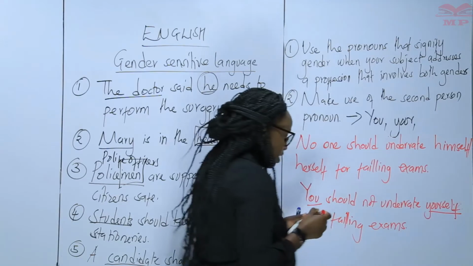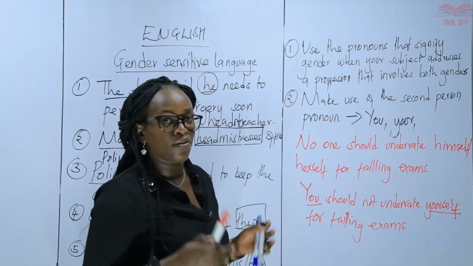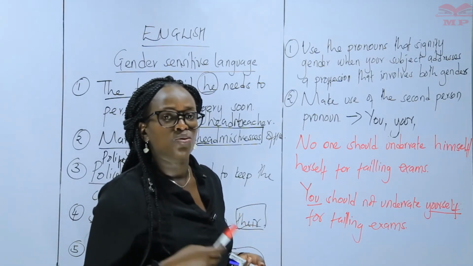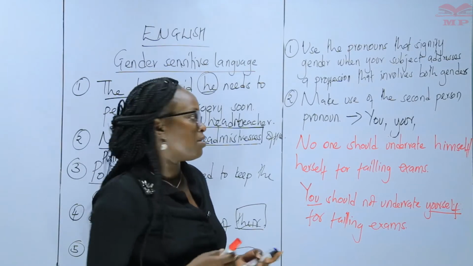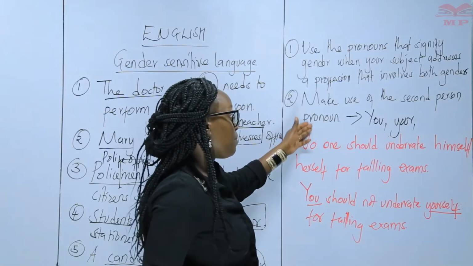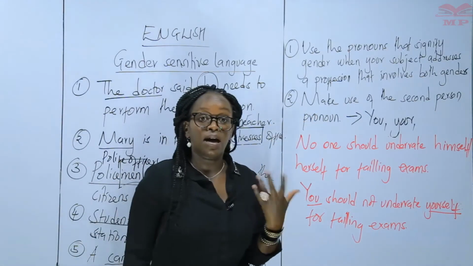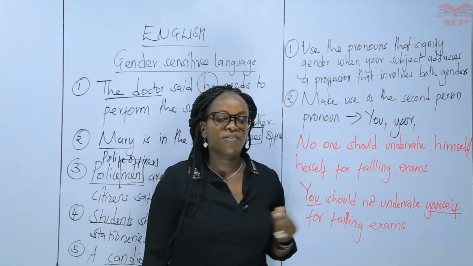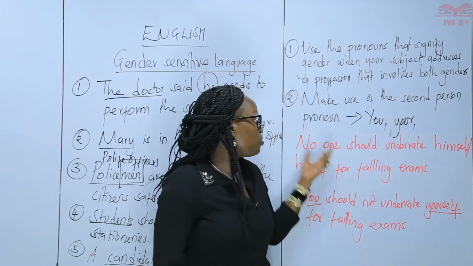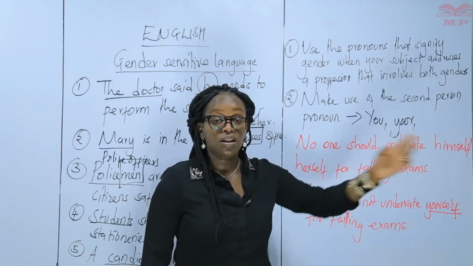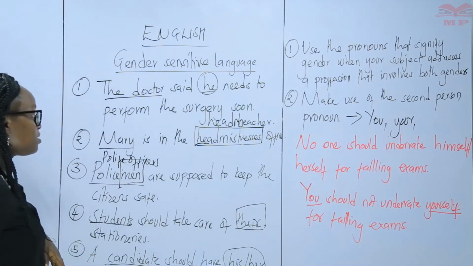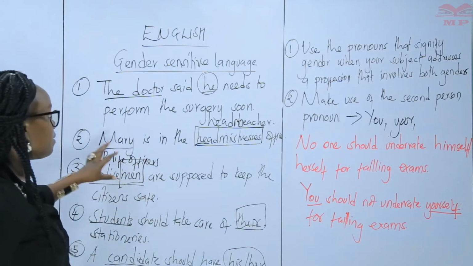All I'm trying to say is because sometimes if you keep using himself stroke herself or she stroke her, sometimes the sentence can actually become ambiguous. So to make the sentence more readable, or at least the sentence to sound better, you could actually make use of the second person pronouns. Even when you are addressing a crowd of people, you should move away from using the gender pronouns his and her. Just make sure that you use you and your, because these are gender neutral. They do not refer to any specific gender. Something else that you could also do, look at a sentence like this one.